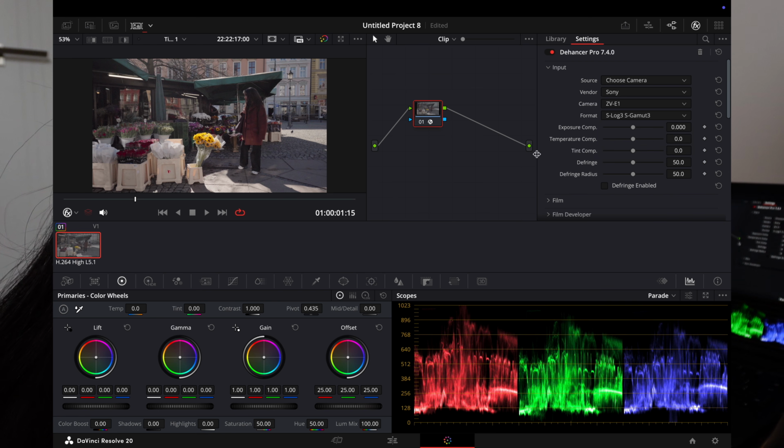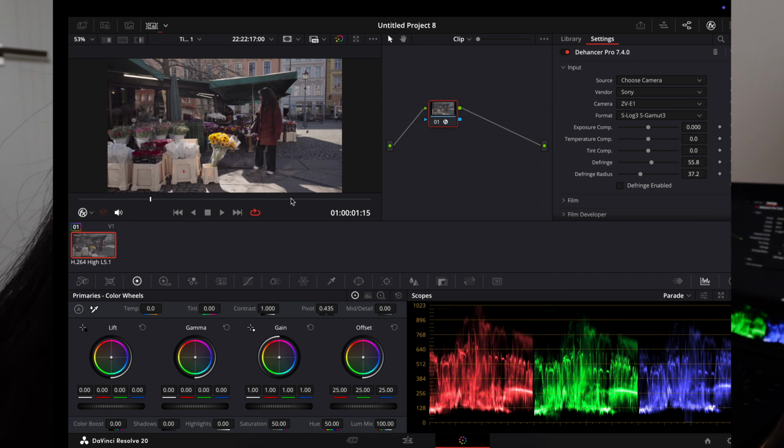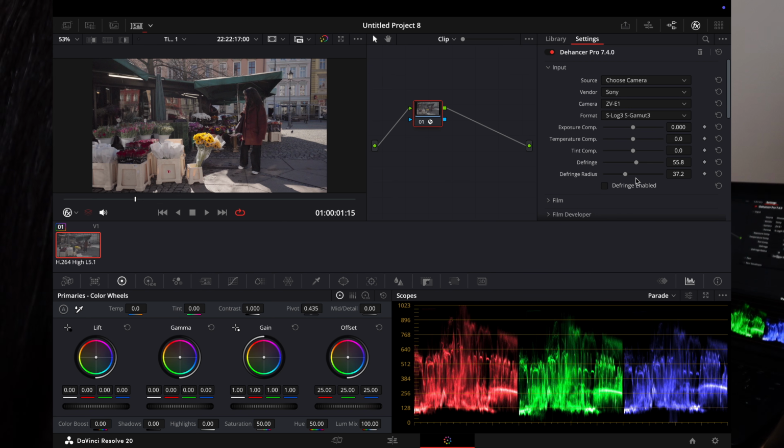So here in the input section we have the exposure, temperature, tint, and the fringe radius. When I play here with the fringe, I don't really know what it does, so we're gonna learn that together. So the fringe helps to deal with the chromatic aberrations visible at the edges that may interfere with some of the Dehancer effects, such as halation and bloom. So I'm not really gonna touch that, so I'm gonna go to film,